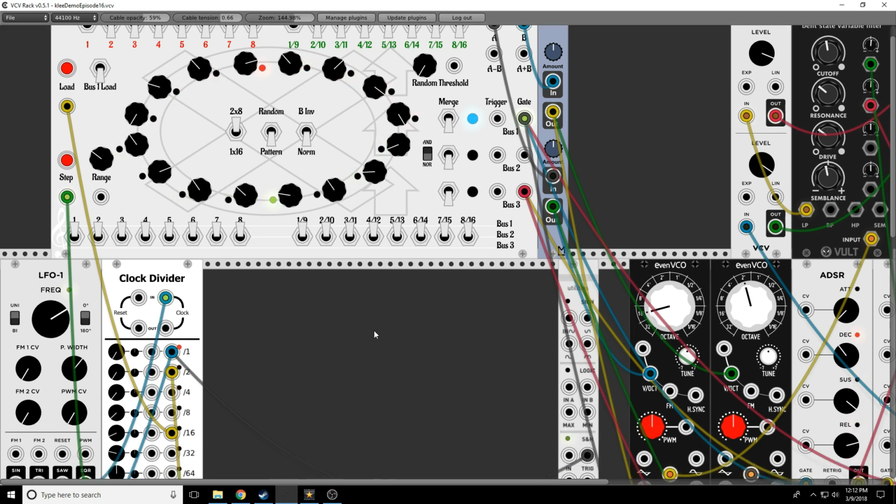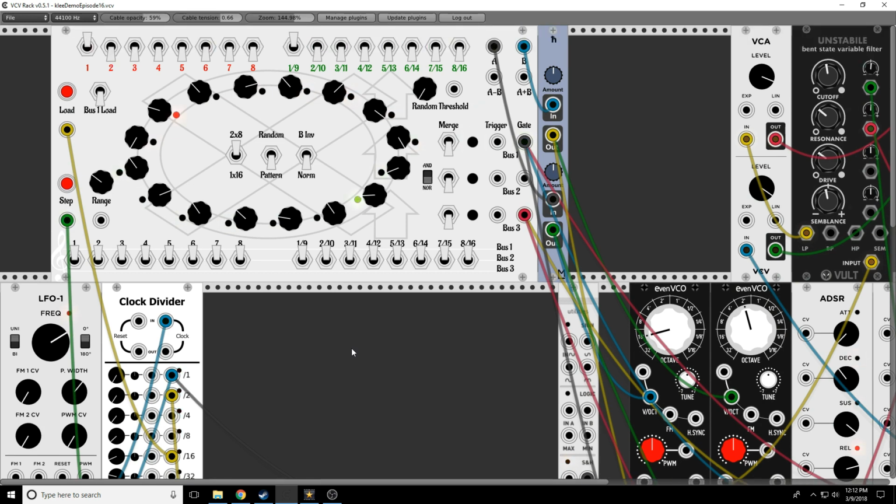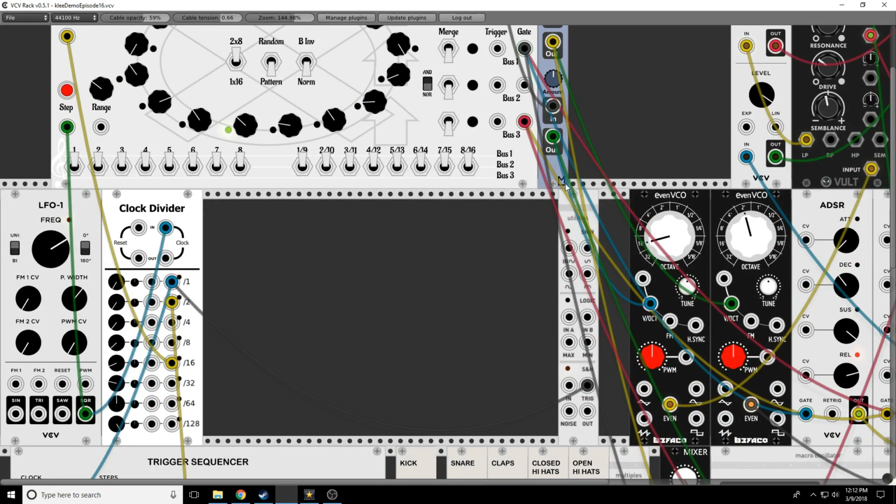But wait, we talked about how this is uncertainty but not randomness. Well, it turns out we can add randomness. Over here what I have is a sample and hold. And you'll remember a sample and hold basically has a noise source, and every time you trigger it, it reads from this noise source and gives us a random note across the entire audio range, and that's what the output is. I'm going to take that,